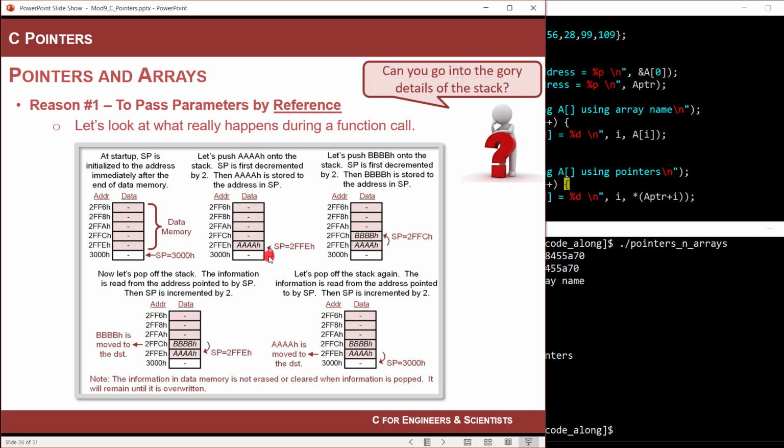Then let's say you wanted to push AAA onto the stack. You would decrement the stack pointer, put it on there, and then the stack pointer is now pointing to where that information was. And then if you wanted to push more information on, you could then decrement the stack pointer and push more information on. Notice that the stack pointer is holding the address of where the last piece of information